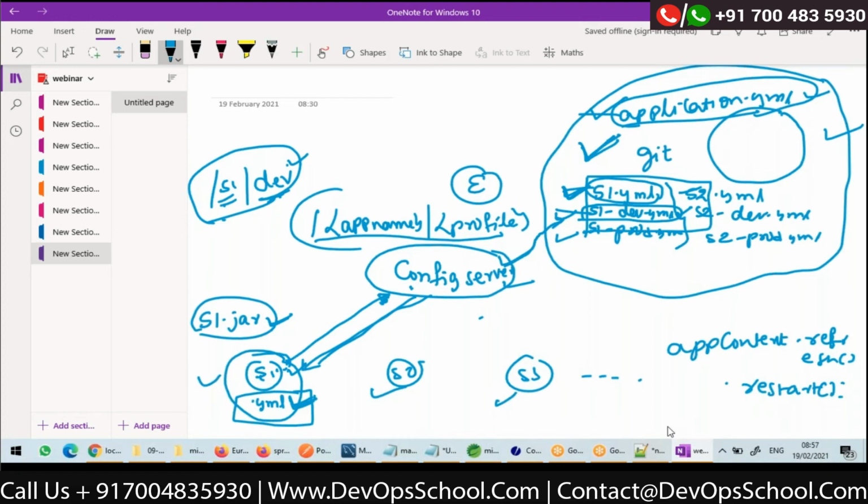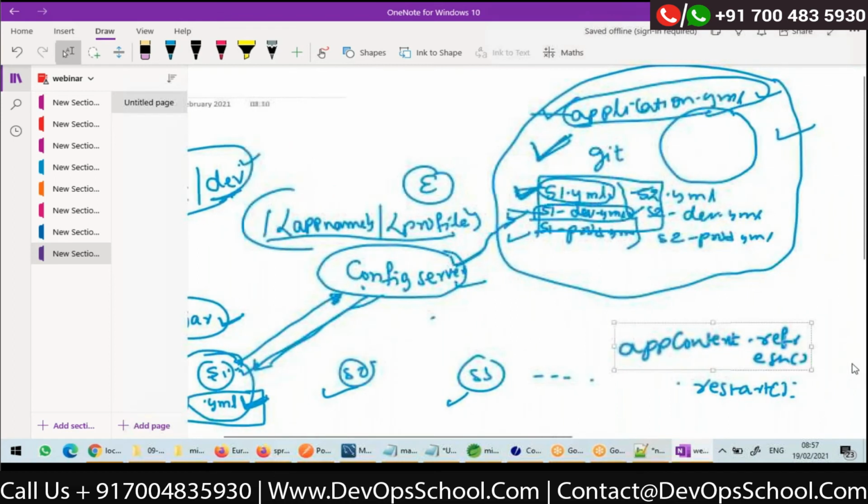If you say restart, all the beans will be recreated. Everything will restart. But if you say refresh, application context dot refresh, beans will not be recreated. Only the configurations will be loaded.